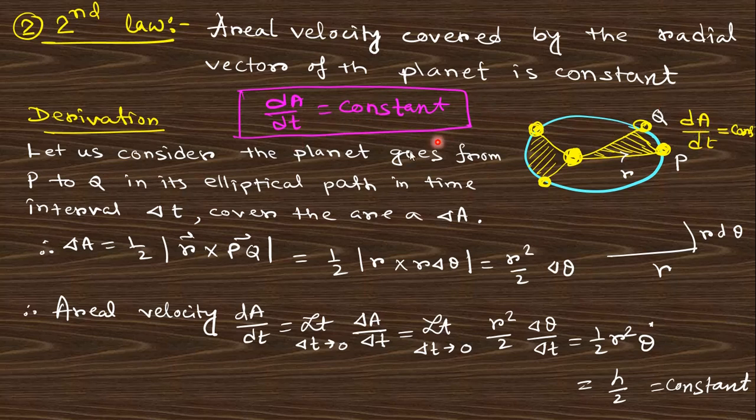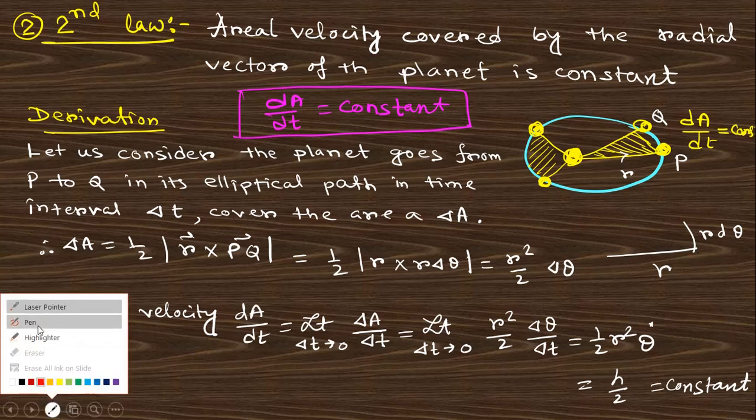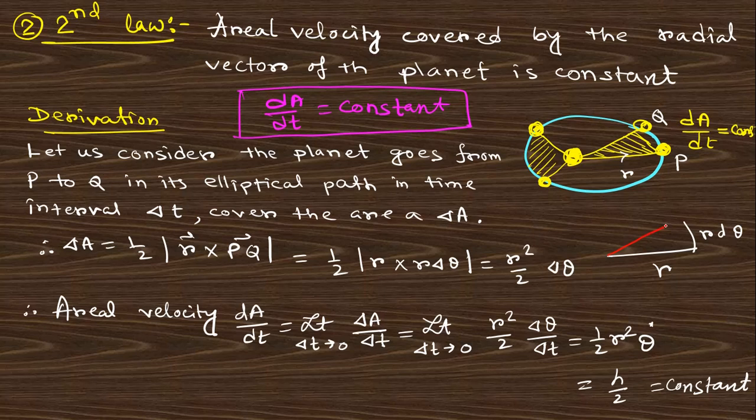be constant. If you want to prove this formula, you can say here this is a radial vector and this is the angle theta. This angle will be d theta. So you can say here this will be r d theta. So what is the value of this? If d theta is small, this can be taken as a triangle. So the area of the triangle will be half into base into height, so r into this PQ. This PQ is r d theta. Now this is r square d theta, and for velocity,